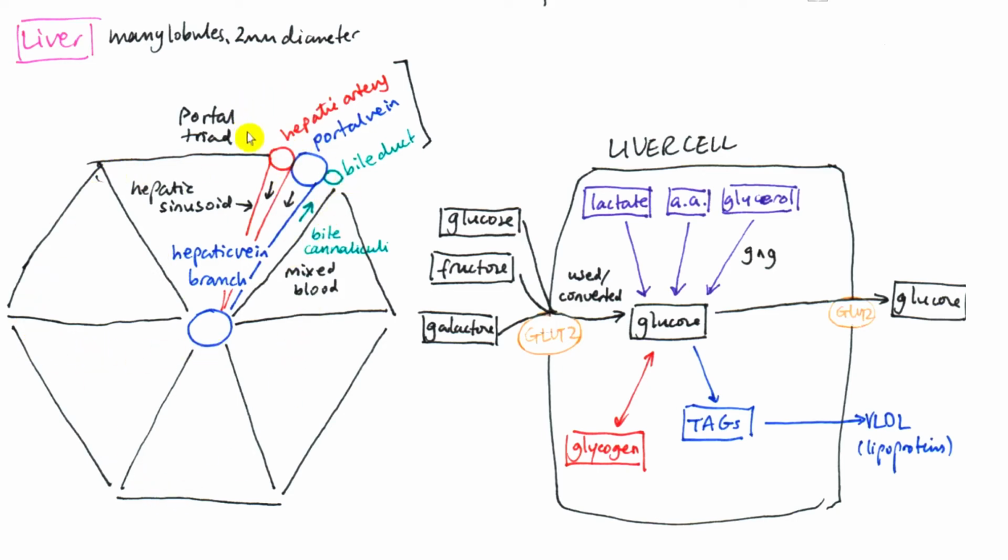So there are many hepatic vein branches going through the liver, and these all connect to hepatic sinusoids. So this portal triad would be here at every corner of this hexagon, but I've only drawn one. These lobules are around 2 millimeters in diameter, so this distance would be around 2 millimeters from one portal triad to the next. And the portal triad contains a hepatic artery, portal vein, and a